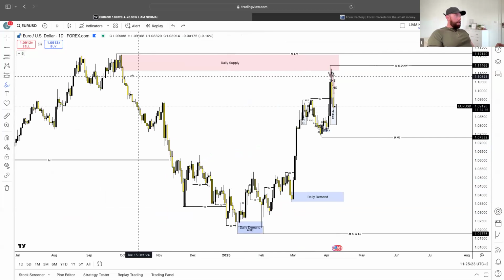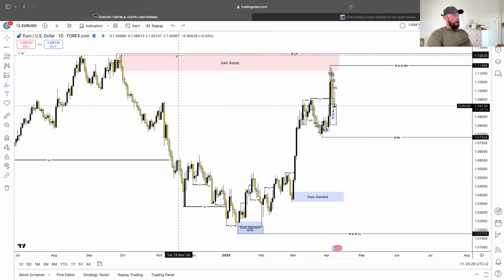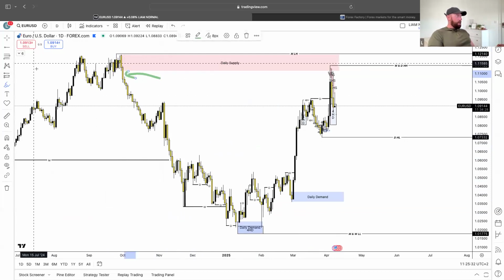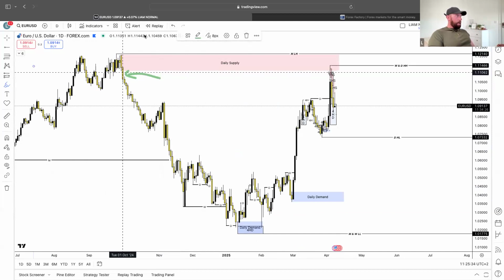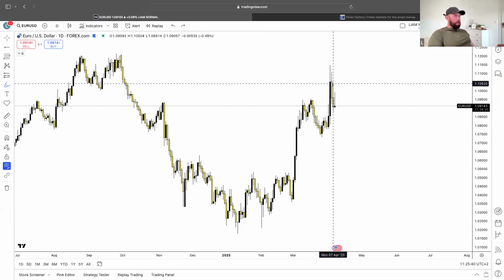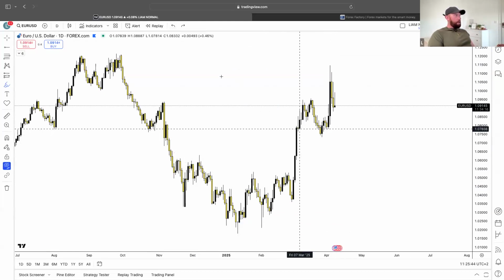You can notice that the market tapped into this daily supply, which was a monthly lower high. We filled in the rest of this imbalance, as you guys can hopefully see from there. We've got a little gap. So we've mitigated that. And then if I just get rid of this, you can see, if you look at the wicks are kind of telling us a story that the volume's slowing down,